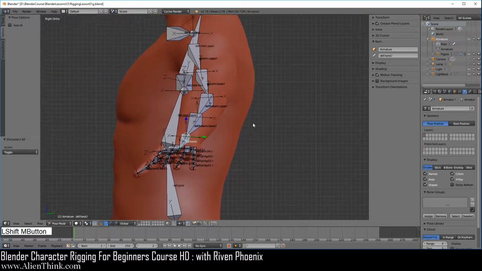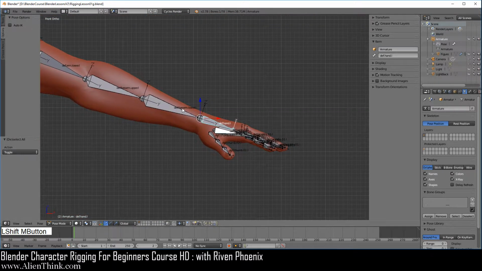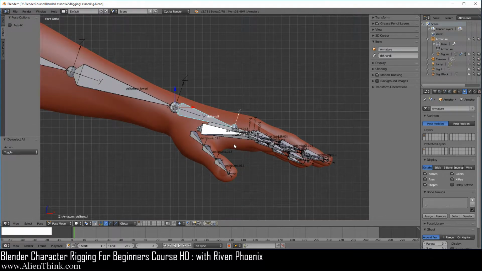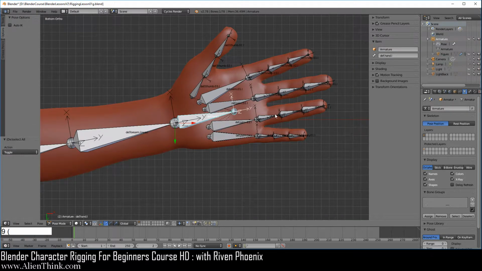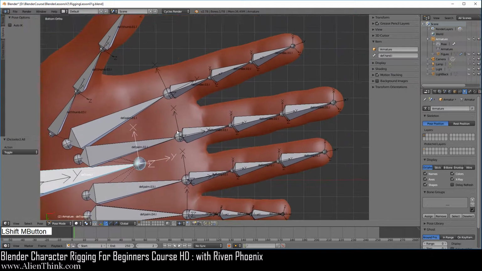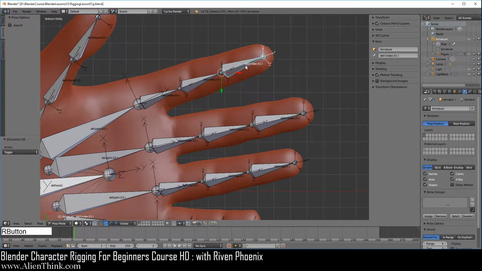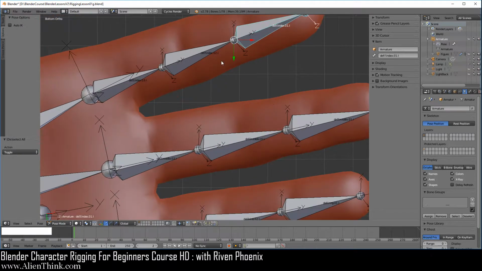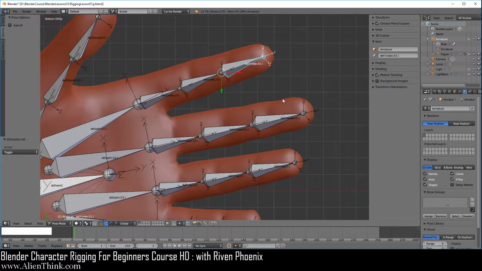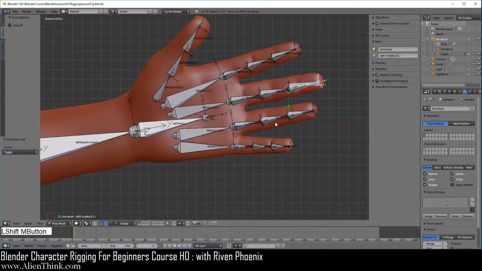Okay, now if we look at the hand, just click on this hand bone and press the period key to home in on it, zoom out, press the 7 key, and then press the 9 key to go to the bottom view, the shift middle mouse button over here. If you just click on this bone and press the R key, you can see that the bone joints are not correctly deforming because these joints actually have to be moved in the correct place. If you look at this one and press the R key 2 times, you can see that this definitely has to be adjusted. So we're going to have to fix this a little later.